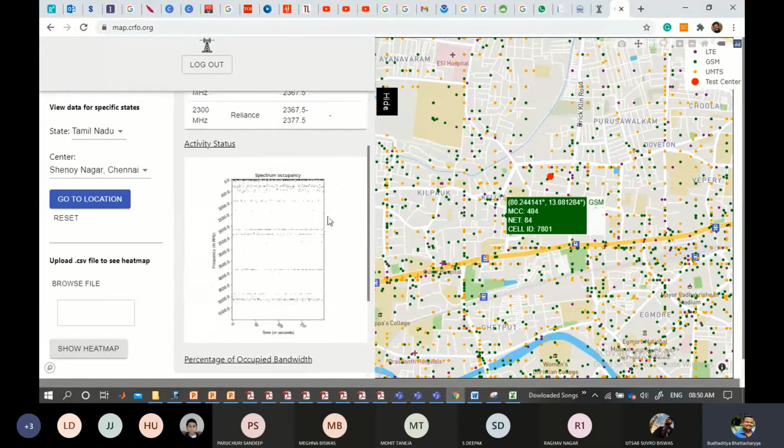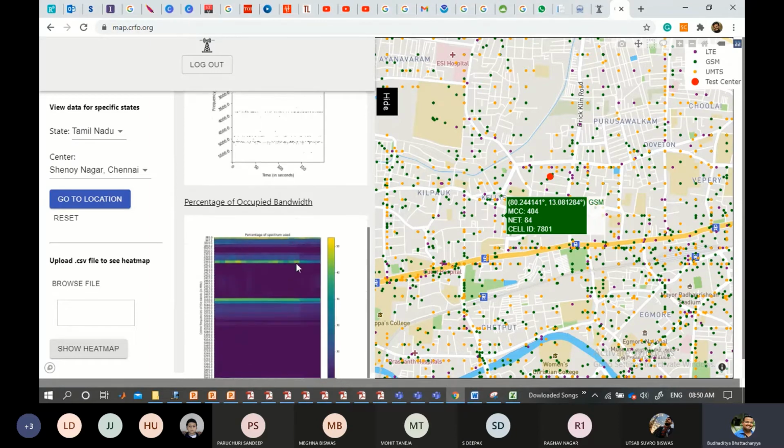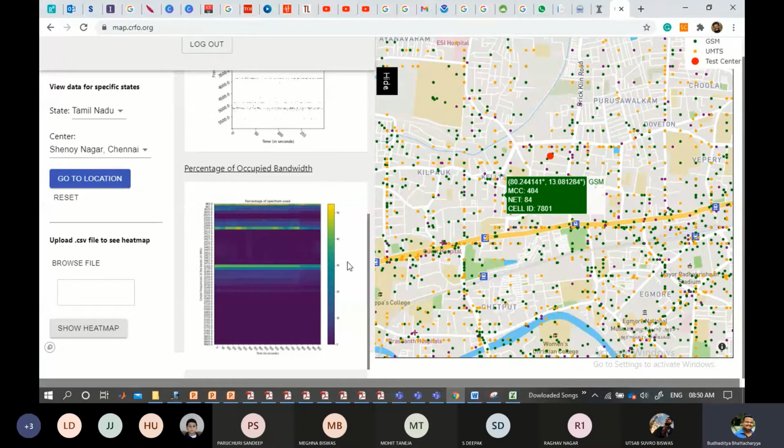Also you can observe some of the spectrum occupancy, which we can get from the observation, and this is in frequency in megahertz, showing how the frequency bands are allotted. Occupied bandwidth is the particular bandwidth where 99% of the total power is accumulated. So that is a heat map kind of thing that is provided over here. These are all informative, to be used at different levels for testing purposes, because CRFO is a website that is a kind of repository for taking all this into account.